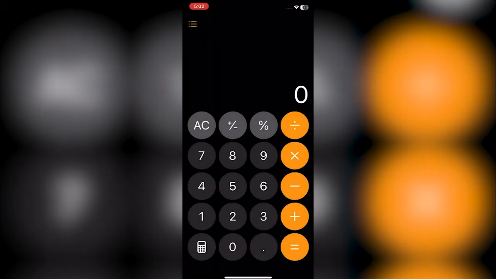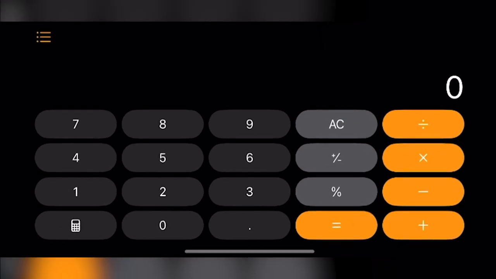To turn on the fractions on this calculator, what you have to do is turn your iPhone into landscape mode. If you are not able to turn your iPhone into landscape mode, what you have to do is go to your control center and turn off the orientation lock. Once you turn it off, if you try to rotate your iPhone, it will go into landscape